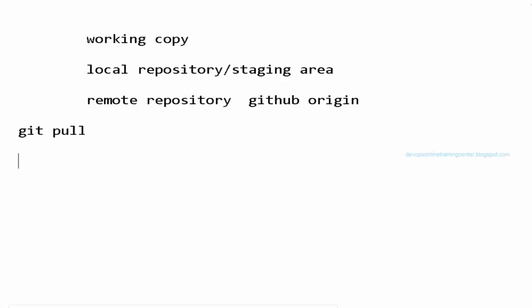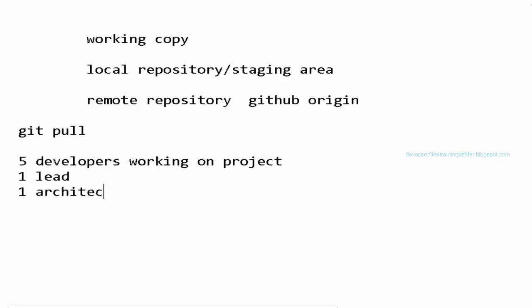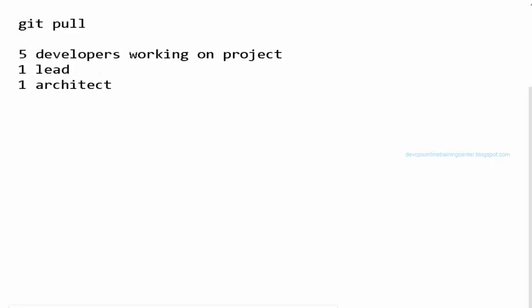So what is this? So generally, let us assume there are 5 developers working on a single project. And there is one lead and there is one architect in your project, right?